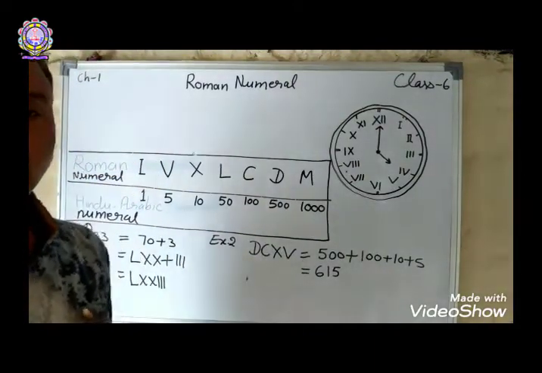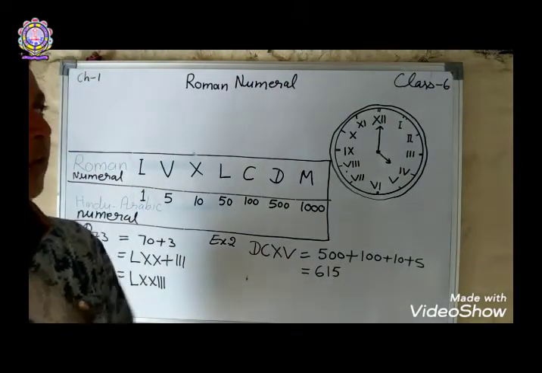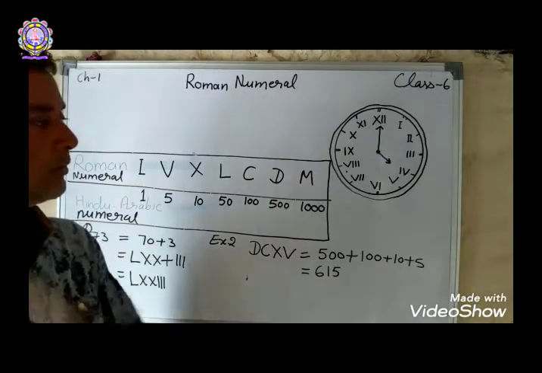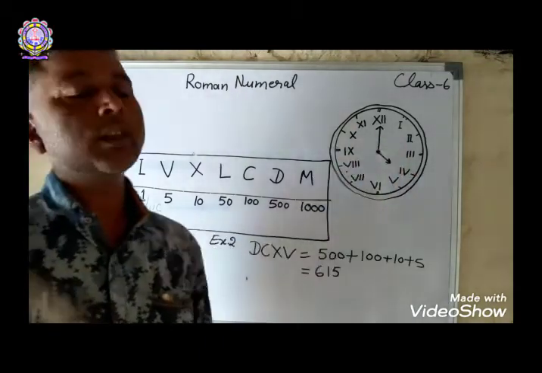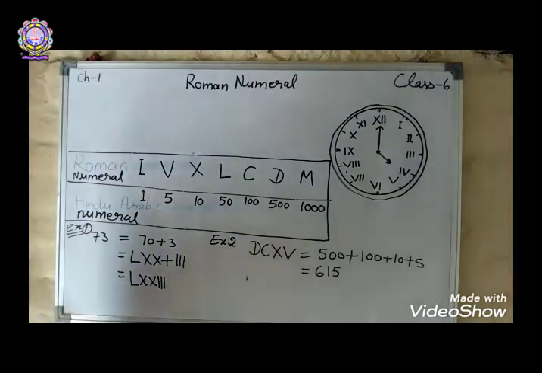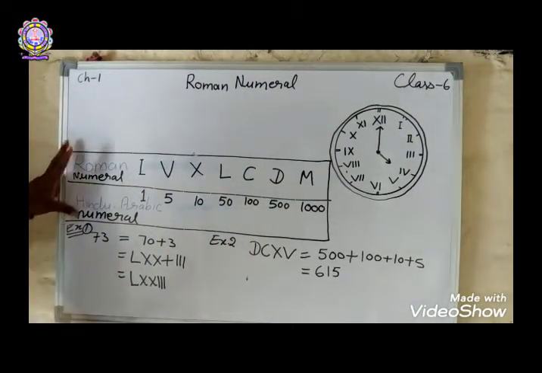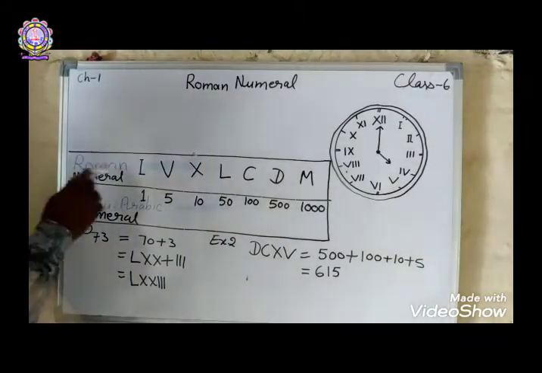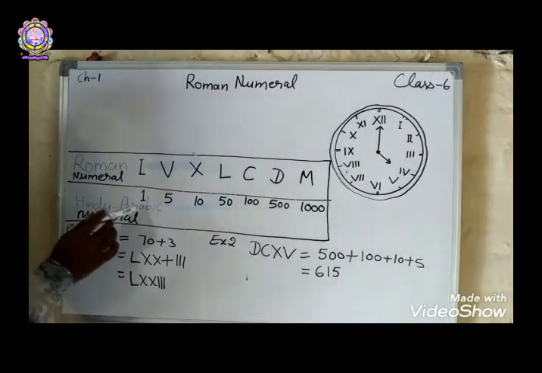Many types of watches you observe, wall clock and hand clock. There is the use of numerals, numbers. So observe this table here: Roman numerals and Hindu-Arabic